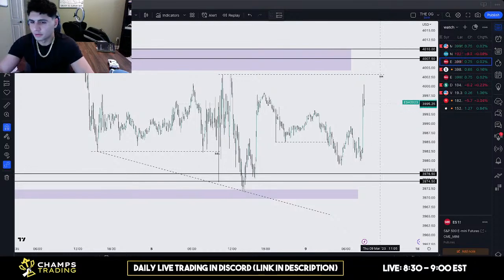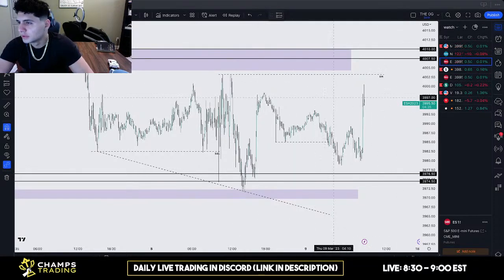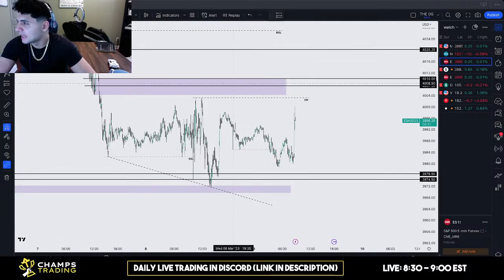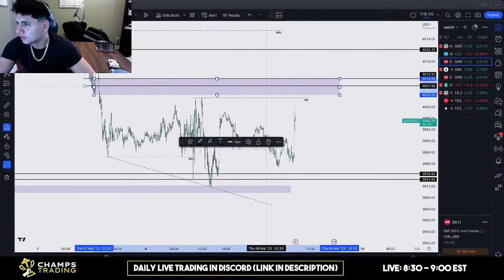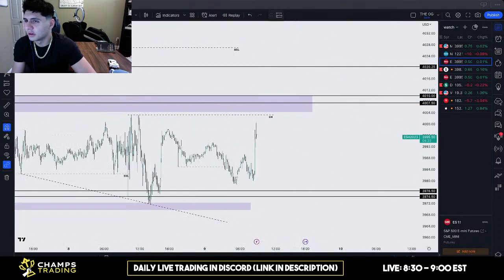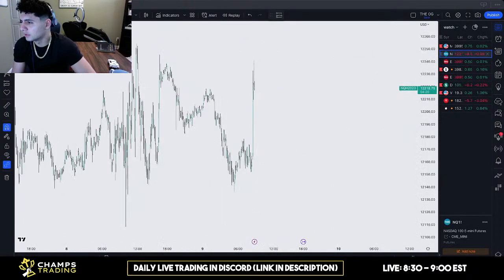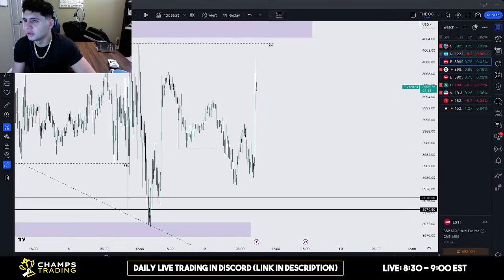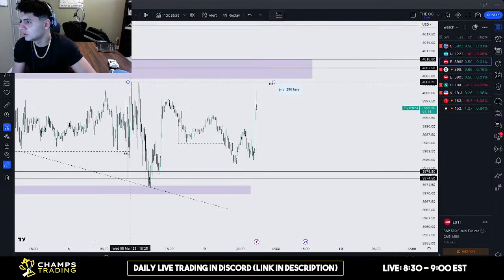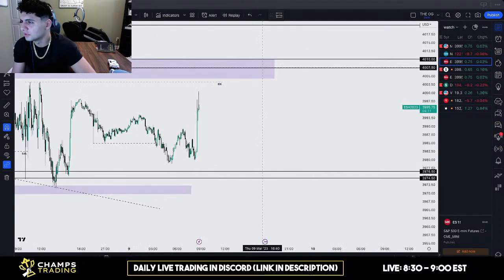Okay. So moving on, right? Another scenario here is that after we take out this level, we push up towards this zone up here. We could see a potential rejection for the downside again, right? It all really varies on what the market wants to do at that point. But what I'm seeing for now is we're gonna keep pushing towards these equal highs and potentially this 40.07